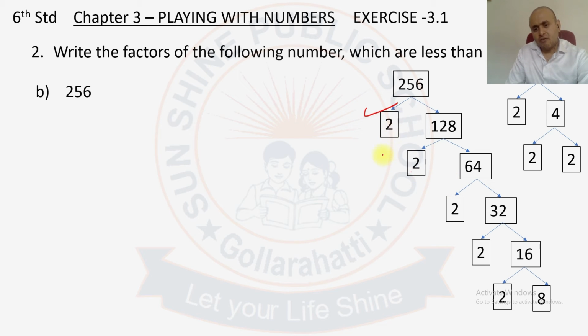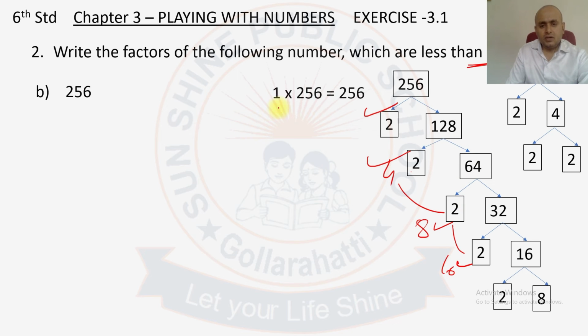2 2s are 4, 4 is a factor. 4 2s are 8, 8 is a factor, and 8 2s are 16, 16 is also a factor. But they have asked only for the factors which are less than 10. So therefore, 1 256s are 256, 2 128s are 256,